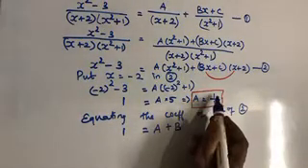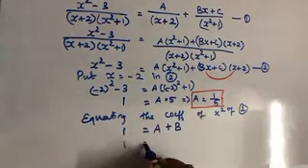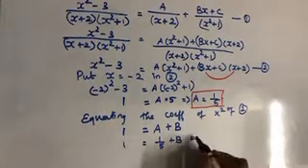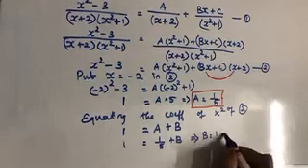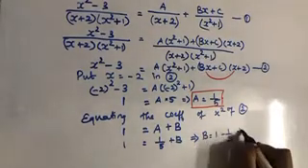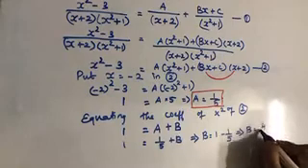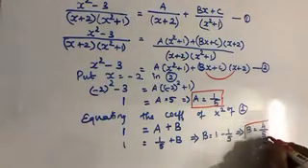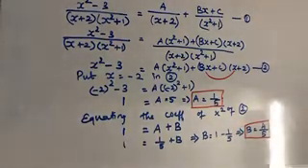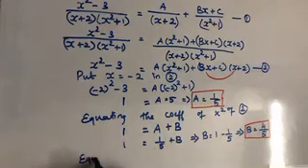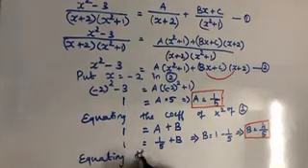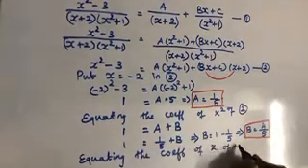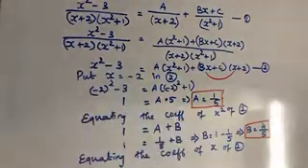Now we know the value of a is equal to 1 by 5. So 1 is equal to 1 by 5 plus b. That implies b is equal to 1 minus 1 by 5, so b is equal to 4 by 5. This is our second constant b. Now we have to find the value of c. So, equating the coefficient of x, we get here no x coefficient.